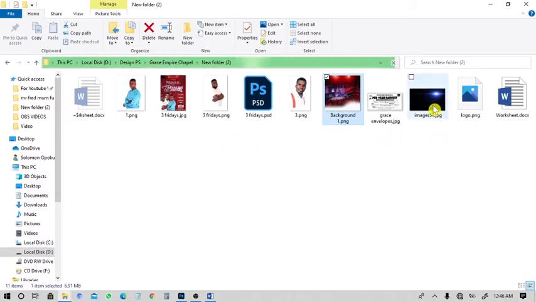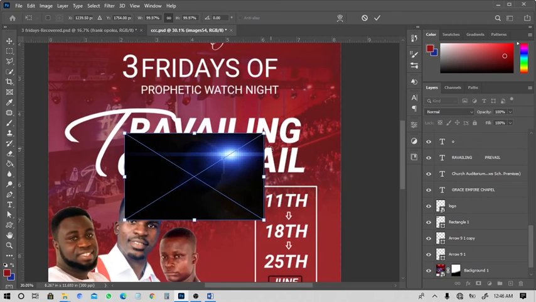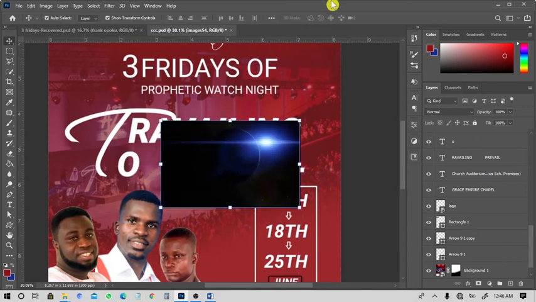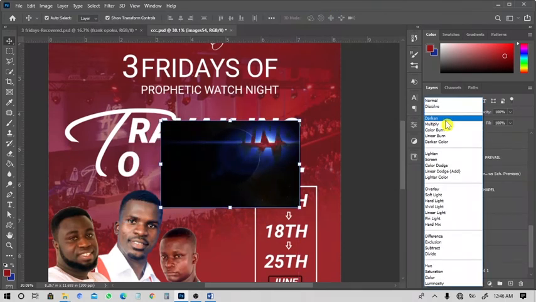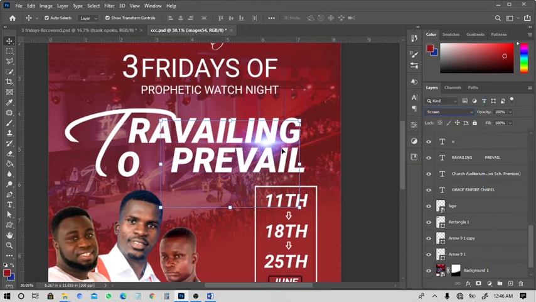You can also add one thing to make your design look extraordinary, whereby we add light to it. So with your light in, position it where you want it to be, then click enter, then toggle with your blending mode to see which of the blending modes will add it to the main design for you. And you see that screen did better, so I will leave it as screen and position it where I want it.